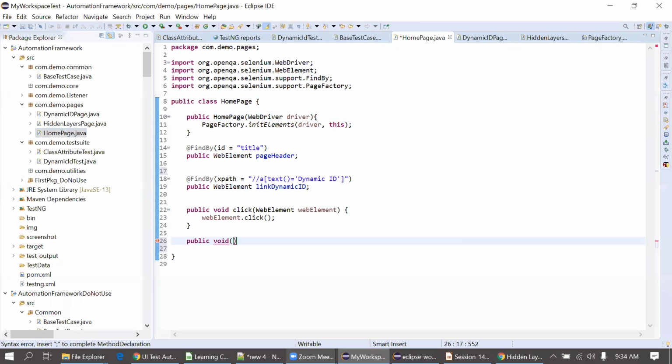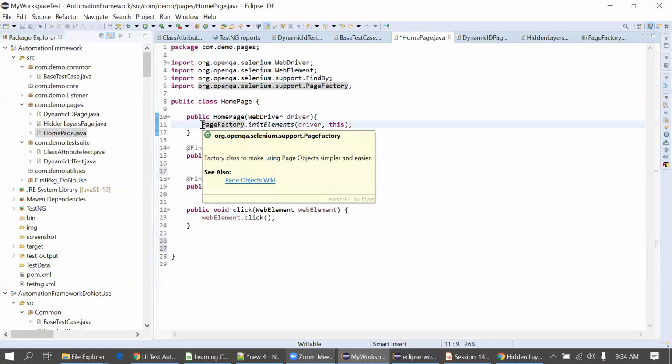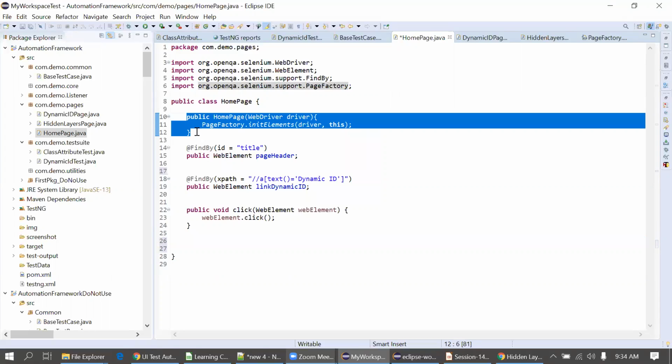Then in that case, your test case will fail. So why explicitly call it when there is a facility to call this from the constructor? So if we create the method, we need to call it every time before executing the particular method? Yes. That's why we are not creating a separate method. We are just putting it into the constructor, so by default it will be called every time. That is the benefit of this constructor calling.